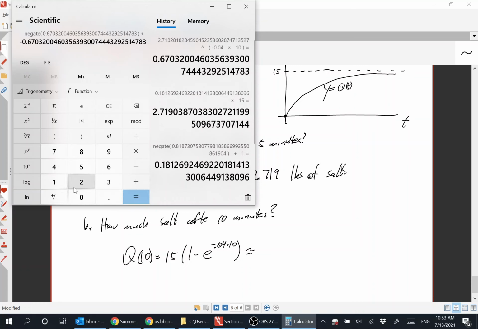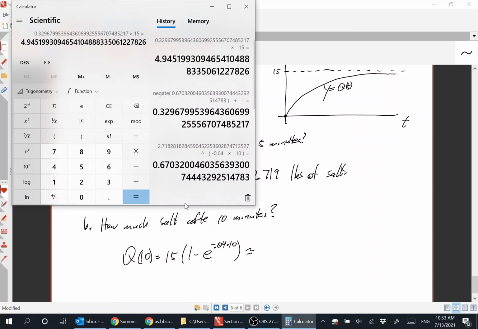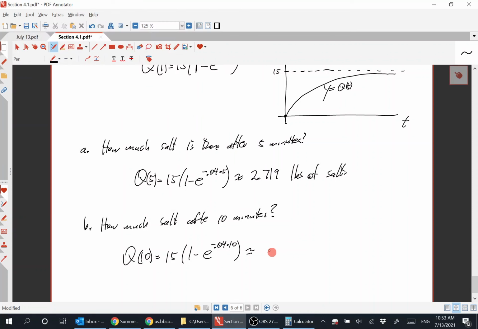Make that negative, add it to 1, and 0.329 times 15. So 4.94